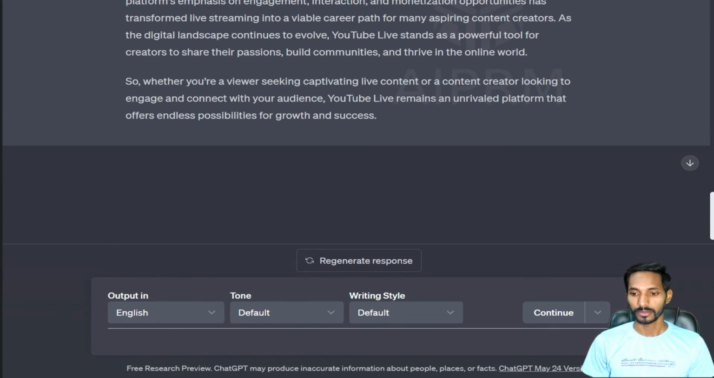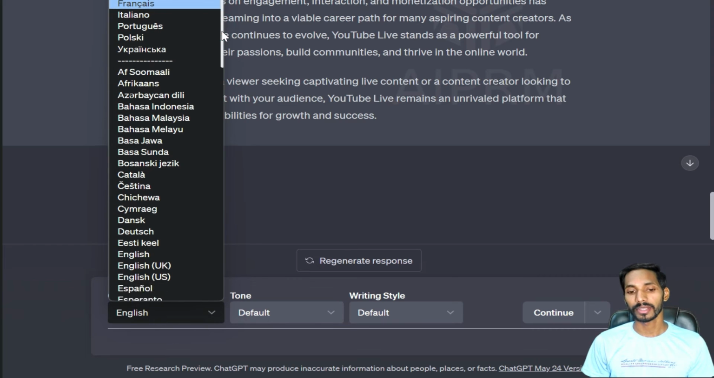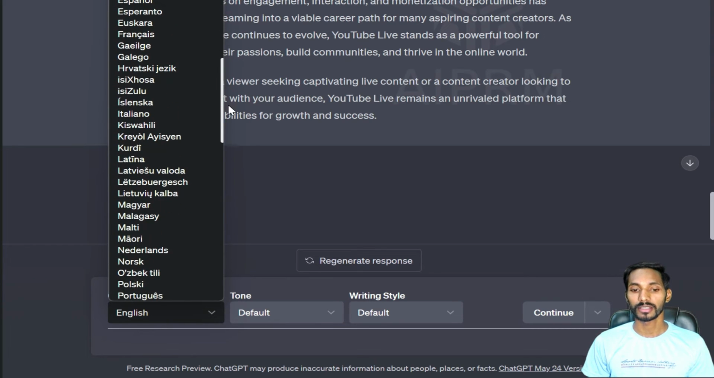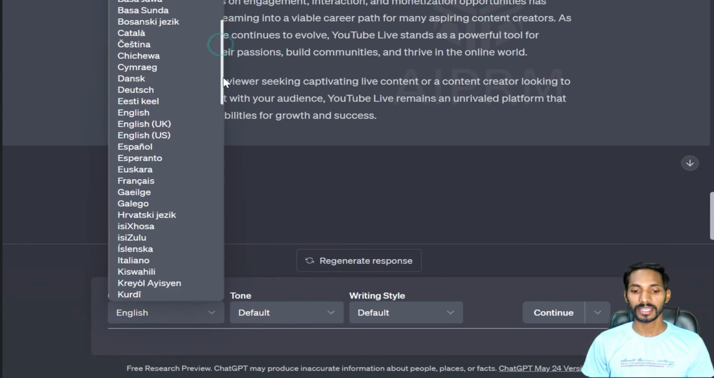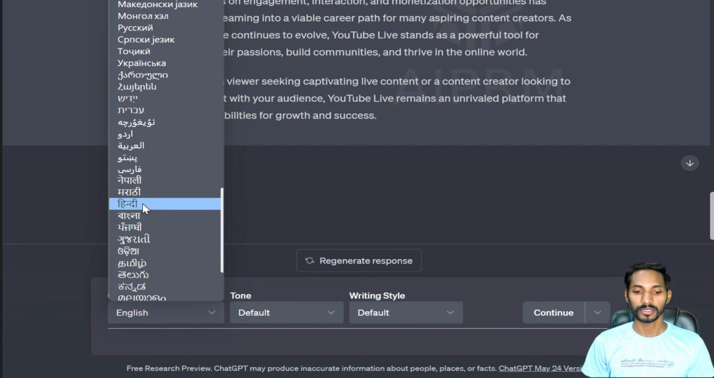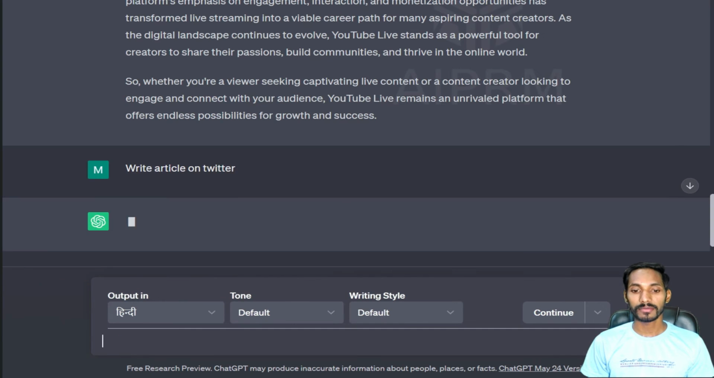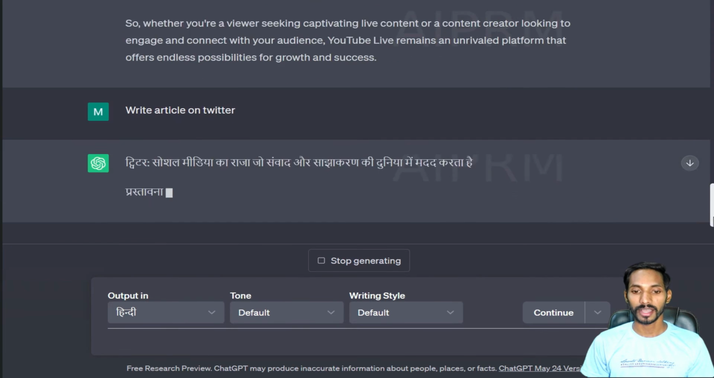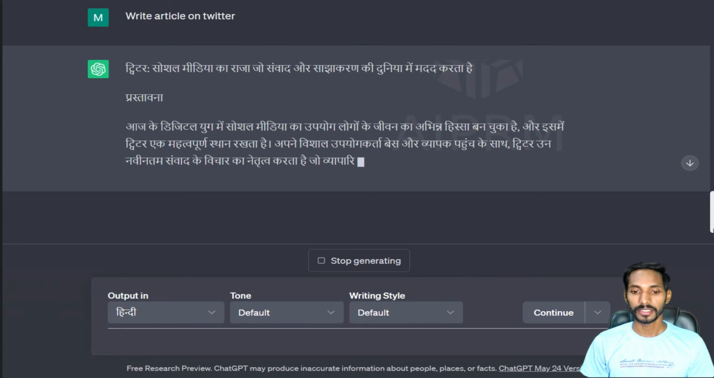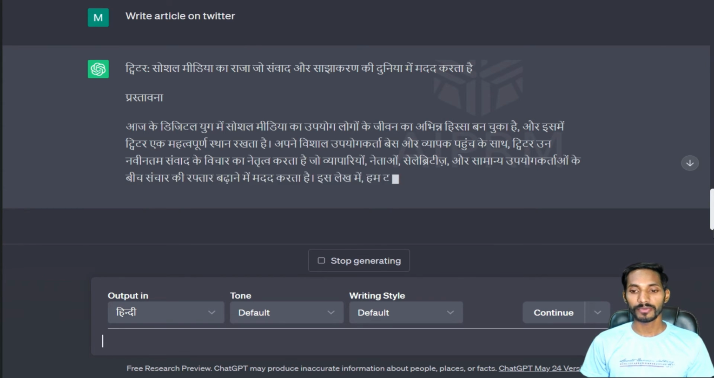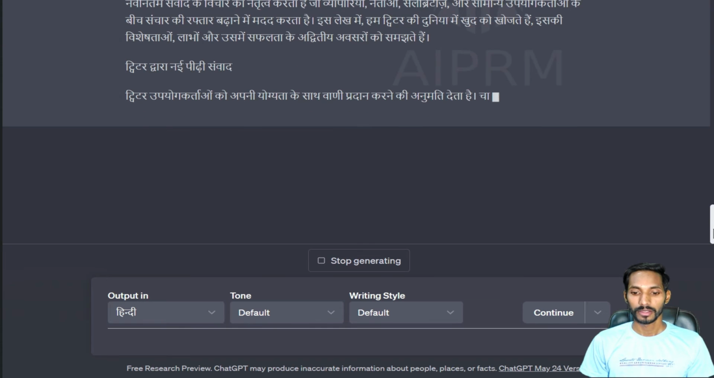Fine, so next what we can see, you can change the language as well. Okay, you can select any language and you can generate any kind of content with the help of prompt. So the main thing you can do is you can change the language. I'll select as Hindi. Okay, and I'll give a prompt, write article on Twitter. Okay, so as I have selected Hindi, so it has started generating text for me in Hindi. Fine, and it's completely a pure Hindi. So in this way you can generate all kind of content in different languages. Fine, so I'll stop this,